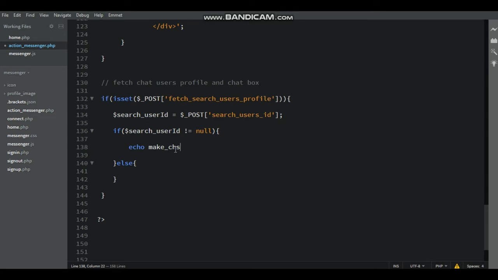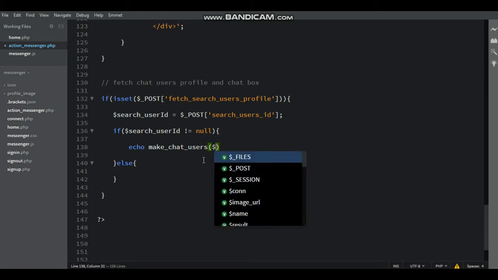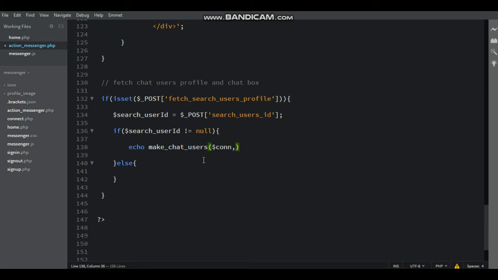Here that is the make function, that is make_chat_users. Inside the brackets write $connection comma $search_users_ID, and then close with a semicolon.